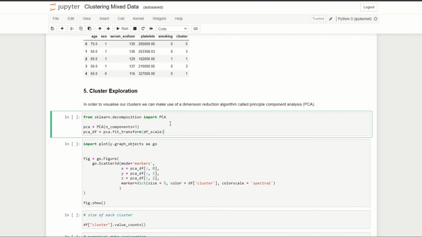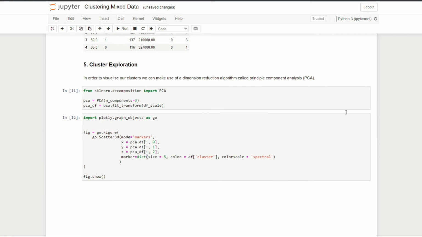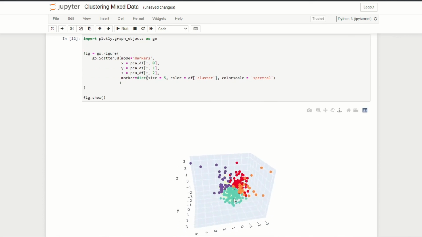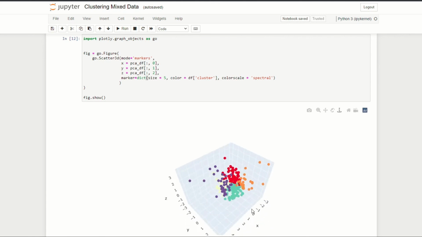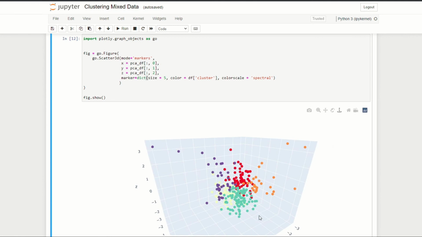And here I'm applying the PCA algorithm to our scaled data, reducing it from 5 dimensions to 3. And the reason why I'm applying PCA is so that we can get a visualization of our data. So here I'm making a 3D plot of our principal components, and for that, I'm using the Plotly library. So we can run this here and have a look at some of our formed clusters. And this is actually an interactive plot, so we can look around. So we can see here actually the clusters are quite close to each other,